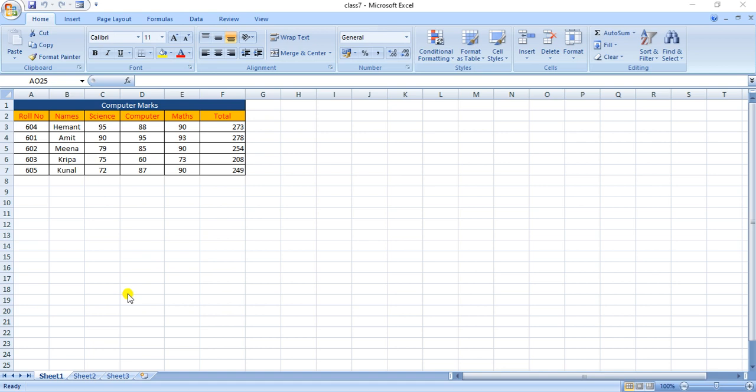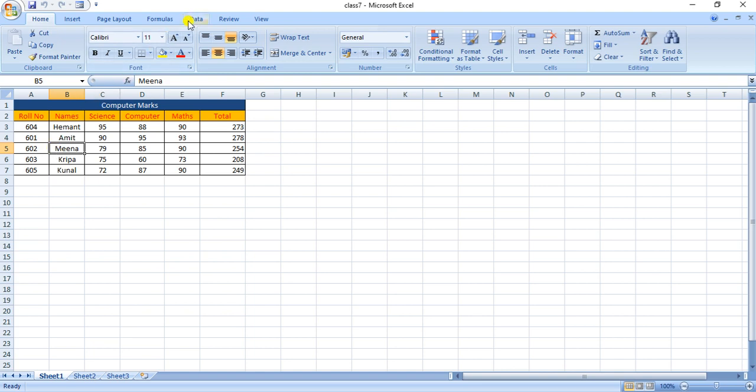MS Excel provides basically two filter commands, that is filter and advanced. The filter command is used for simple criteria and the advanced command is used for specifying complex criteria. To apply simple criteria, first you have to create a database as I have done over here, and select any cell within the range of your database.